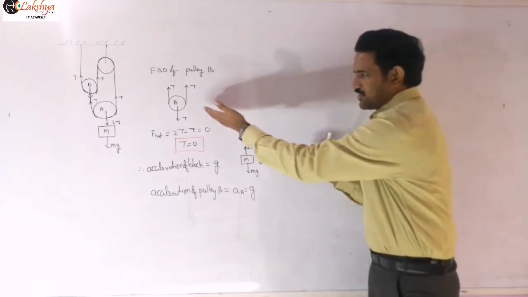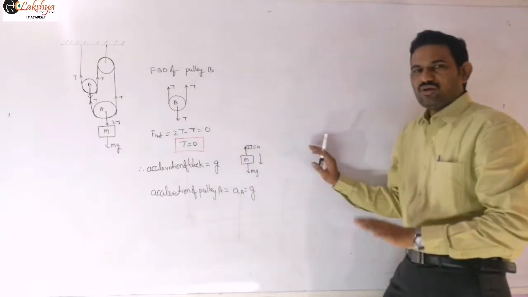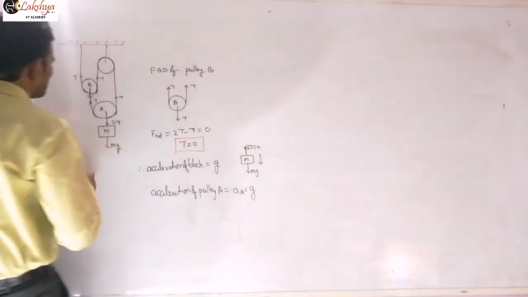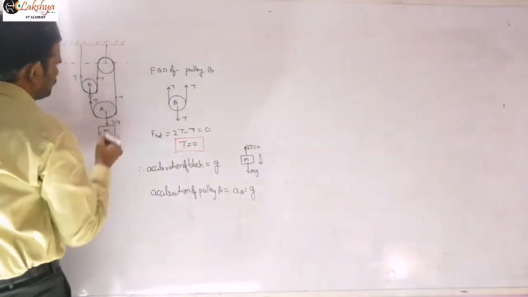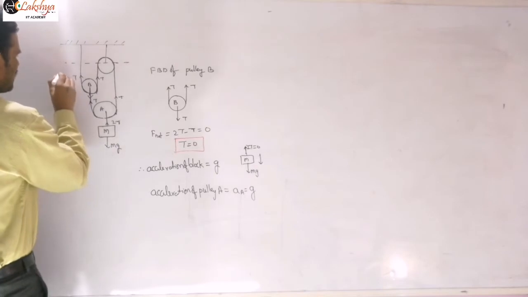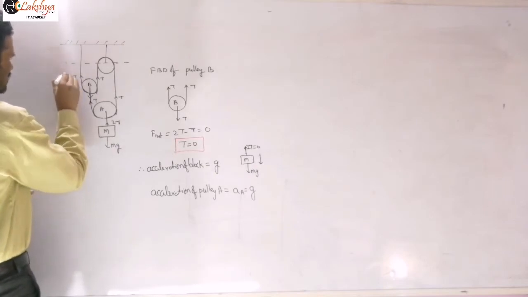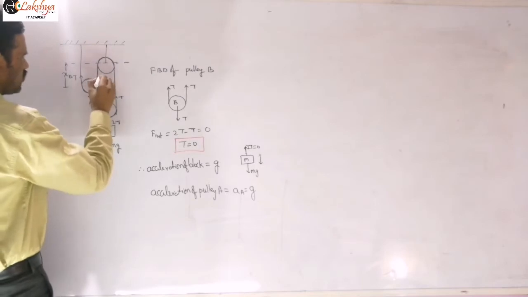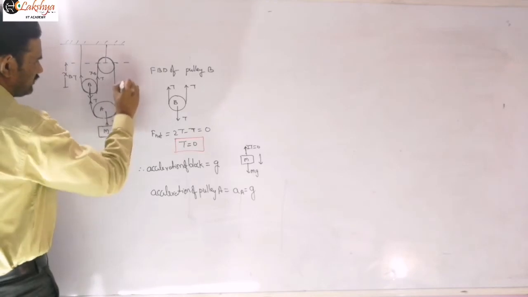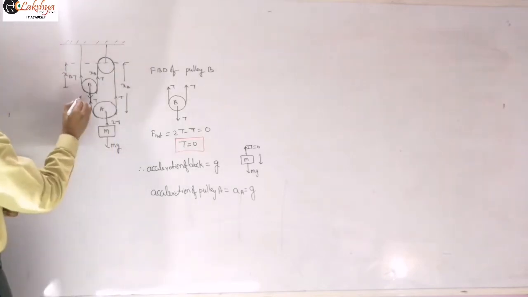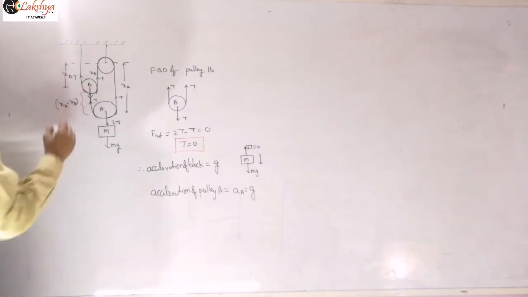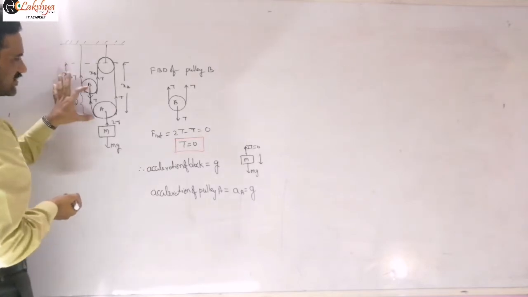And to find the acceleration of pulley B, you can't apply the tension method here, because if you apply it, you can't solve it. You need to consider the length of the string. So now let us see the length of the string here. Let us start from one end. I am taking this distance of the pulley as xb, and this side also xb, and this side I am taking as xa. And then this length you can write as xa minus xb, because this is the difference between xa and xb always.